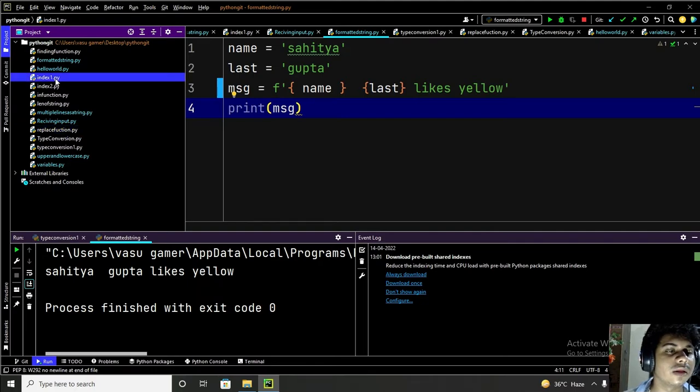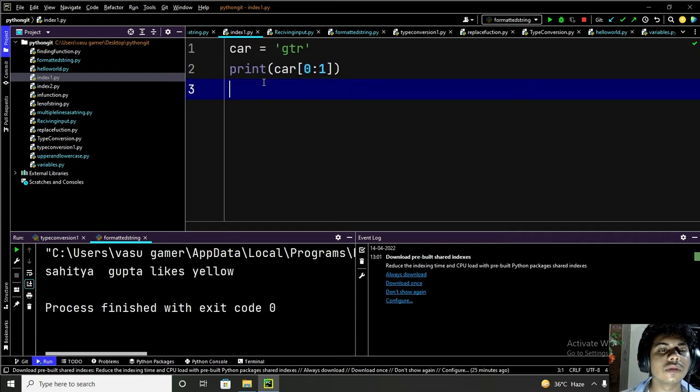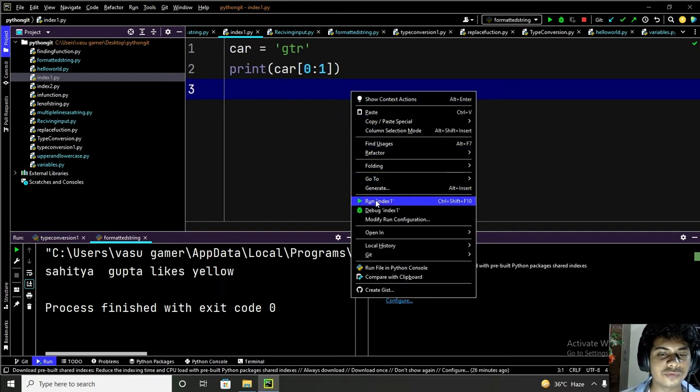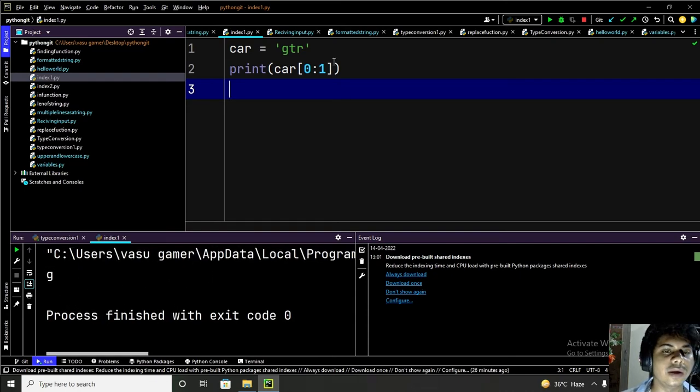Let's see, index.1. Let me just zoom in. So car is equal to GTR. Let me just print for you. You can see that G is printing only, but the string contains 3 letters. Why is G printing? If I remove this one